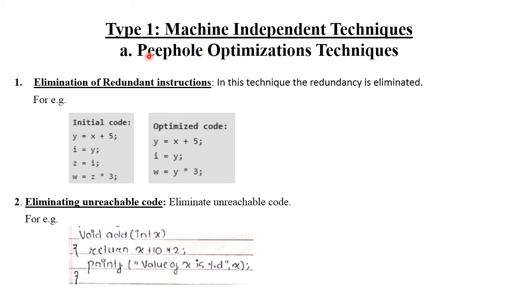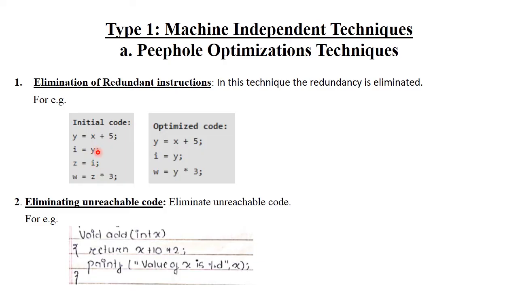First is the peephole optimization technique. In peephole optimization, the first task is to eliminate redundant or duplicate instructions in your code. See here, this is the initial code. X plus y is stored into y, y is stored into I, I is stored into z, and finally z into 3 is stored into w.